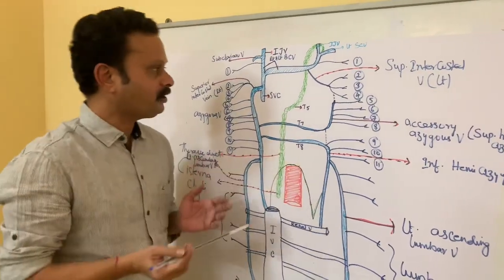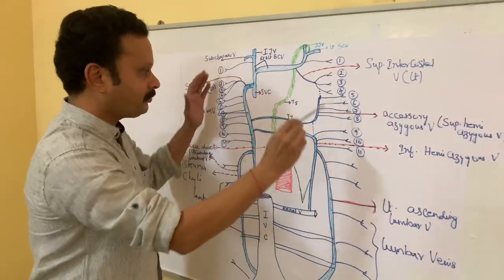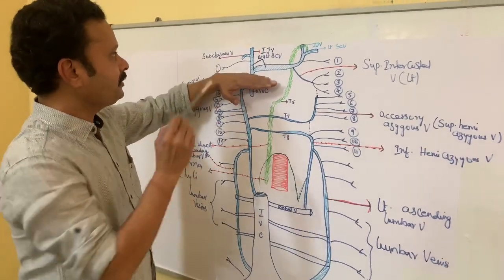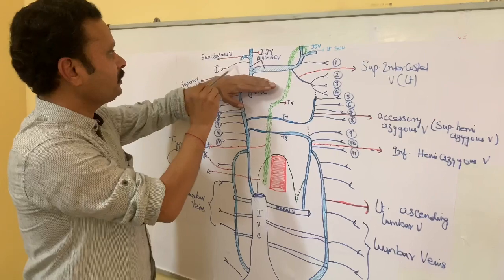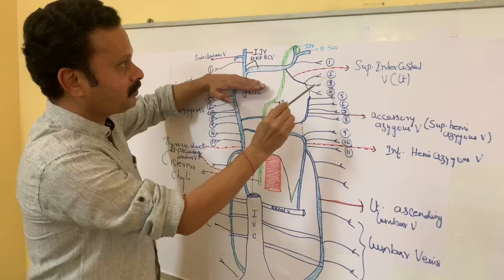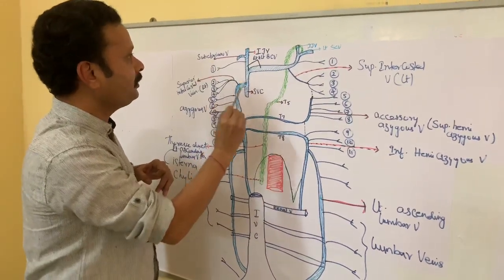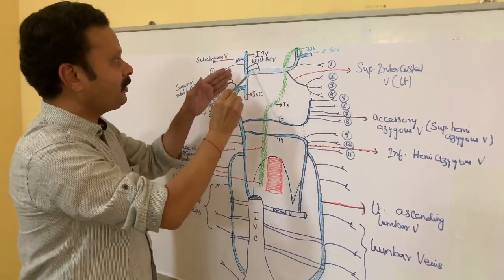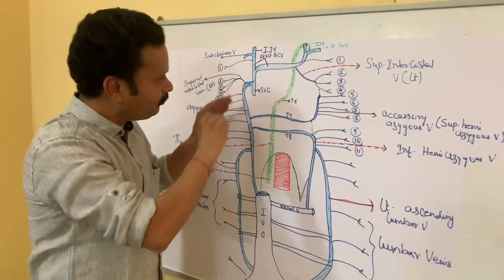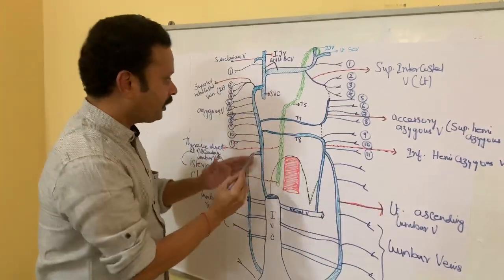So most of the venous blood reaching the right atrium of the heart is happening through the azygous and hemiazygous system of veins, except for these ones: right first posterior intercostal vein, left first posterior intercostal vein, and left second, third, fourth posterior intercostal veins, through the superior intercostal vein and directly through the brachiocephalic vein. This part of the blood comes directly into the superior vena cava and opens into the right atrium, whereas the rest of the blood reaches the right atrium through the azygous system of veins.